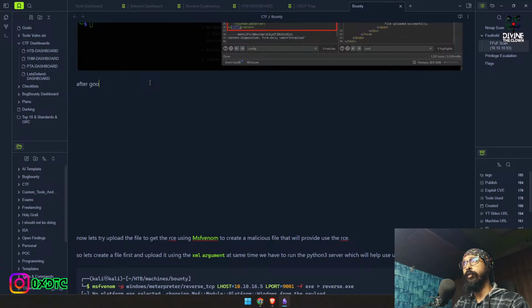as we have added, after googling around, I found this code which is more of an exploit or the payload that we can use to upload